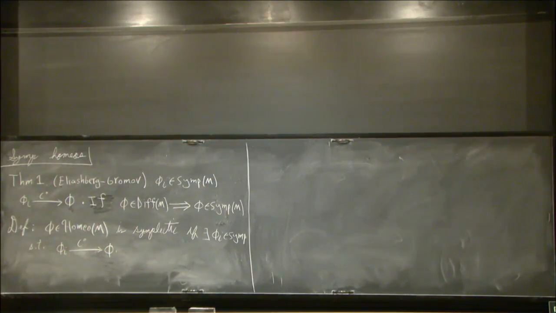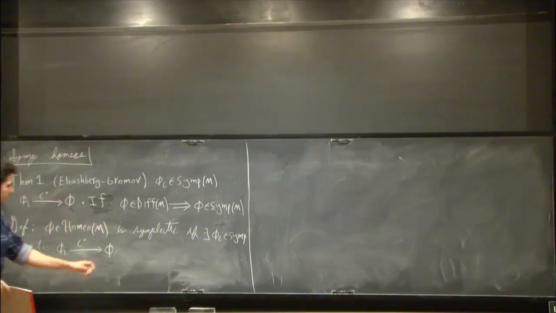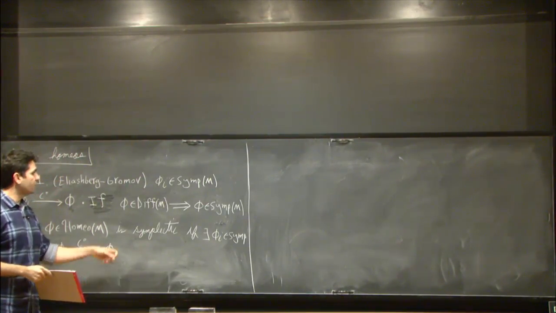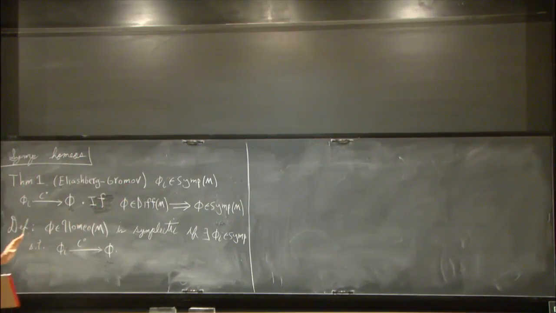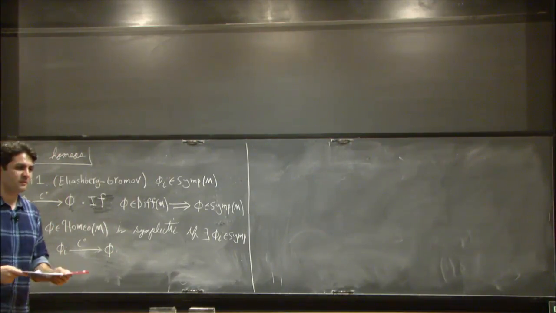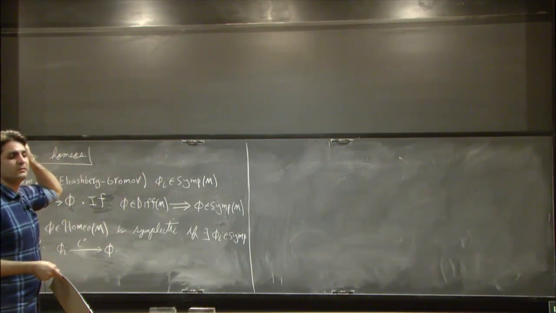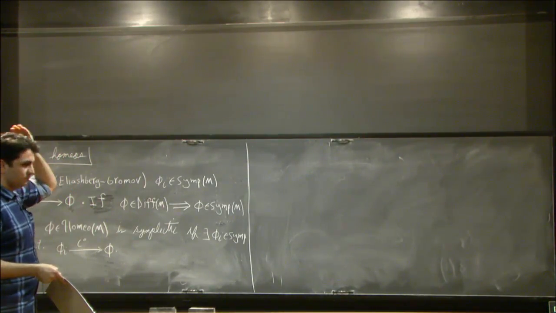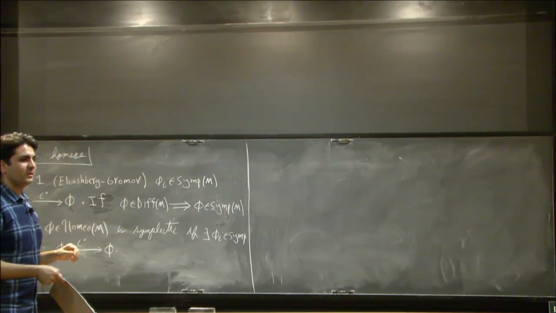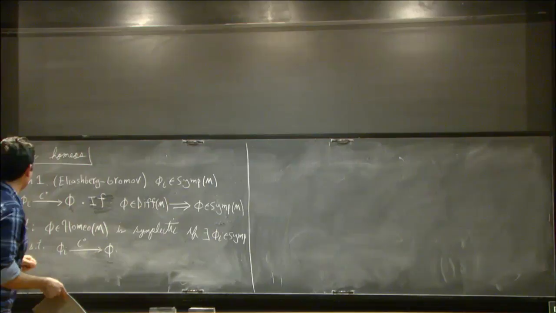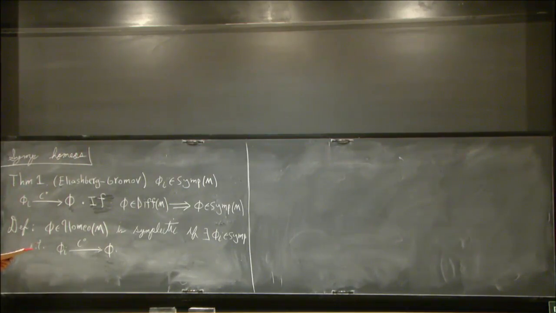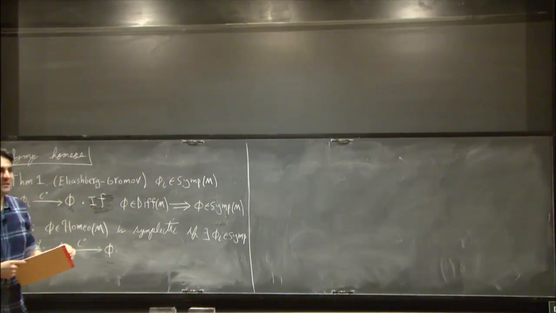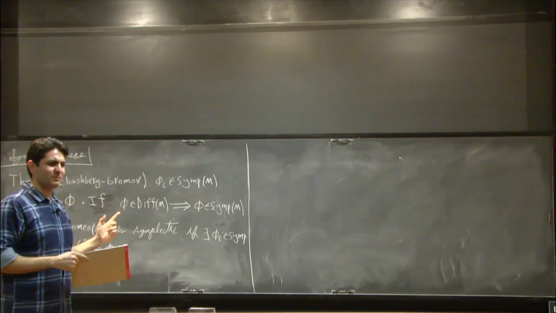What the Eliashberg-Gromov theorem tells you is that if you have a symplectic homeomorphism which is smooth, then it's an honest symplectomorphism. So the definition makes sense. Is that what it says? Because phi could be smooth and have a C0 inverse, but not a smooth inverse. Maybe it doesn't follow exactly from what I wrote, but it is true that if it's smooth, the inverse will be smooth too, I think.